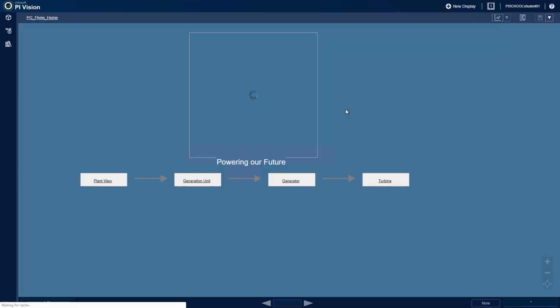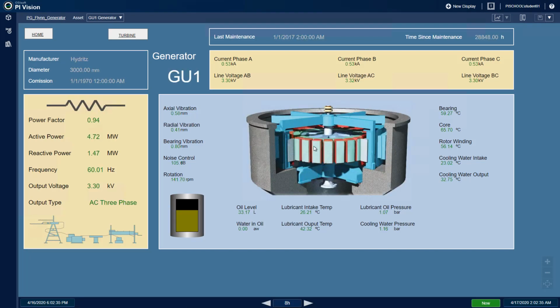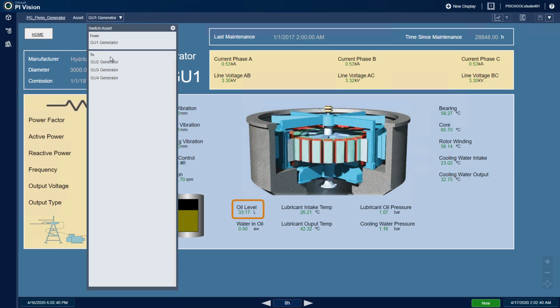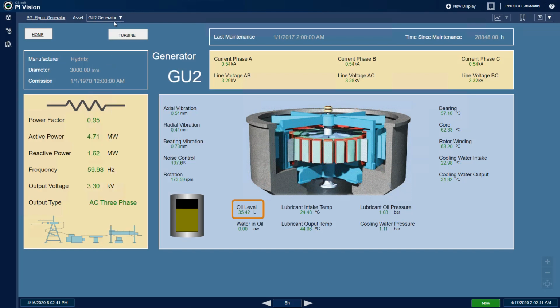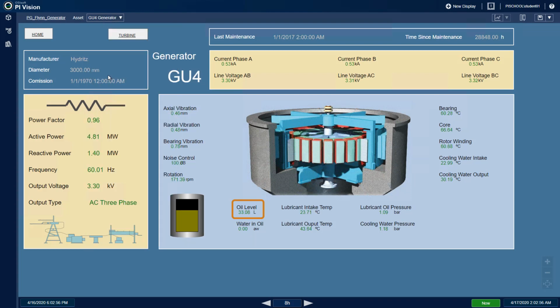we are going to go to the generator display and take a look at which generator has the lowest oil level. Clicking through the different assets in the drop-down, we can see that the GU4 generator has the lowest oil level at 33.08 liters.